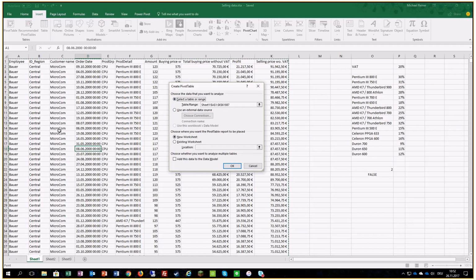Additionally, I can only recommend, if you choose to use the pivot table, choose it on a new worksheet, not on existing worksheets, due to the fact that the pivot table is very, very flexible, but also flexible in size. And that means that you want to play around. And by that, if there is something already on the worksheet, it might happen that you override it by changing the pivot table. So if we use the selected table and the new worksheet and click on OK, we get